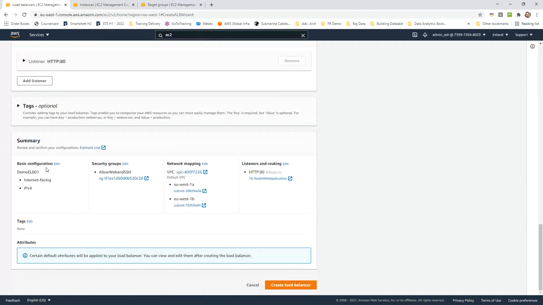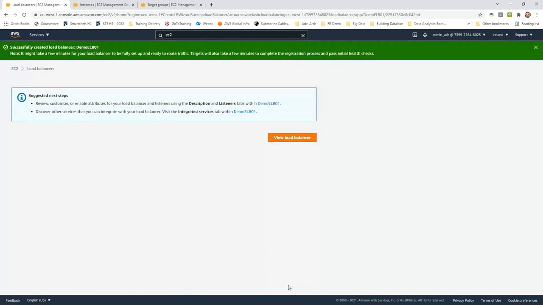If I see here, I am deploying an internet-facing IPv4 load balancer with a security group. This is spanning across multiple availability zones, listening on port number 80, and then it would respond back to my request which is coming up. So that is how my application is getting started. And let's start creating a load balancer for it. Right. So this is how my load balancer is getting ready.